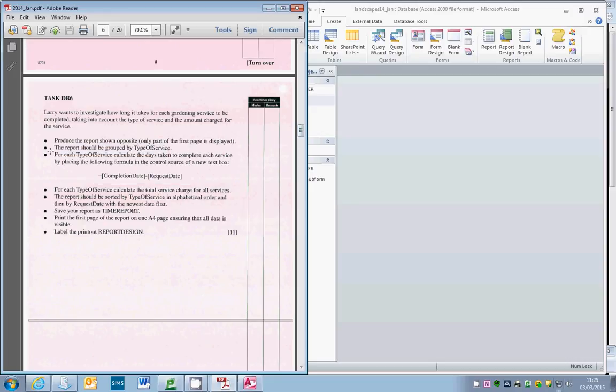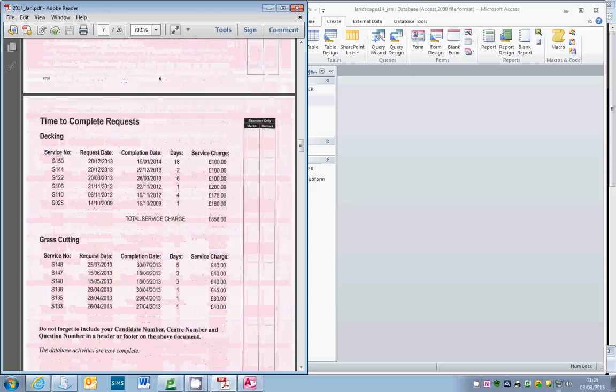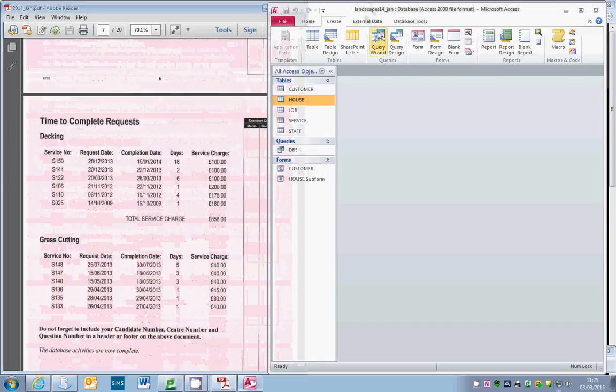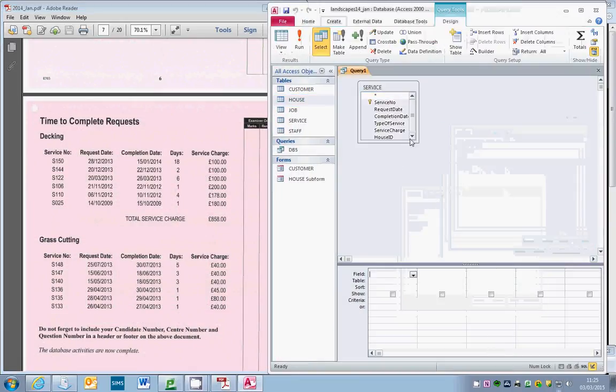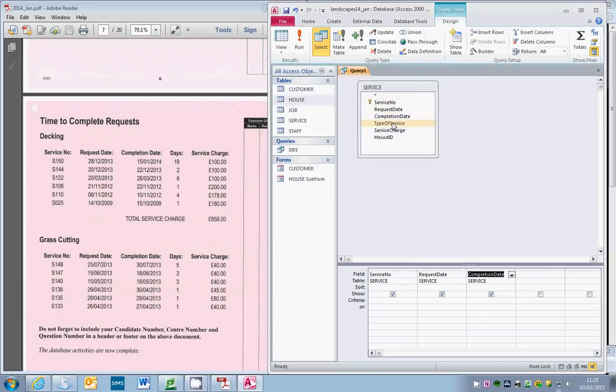and all the fields are coming from the service table. So I need service number, request date, completion date, type of service, which is the grouping level, and the service charge. Now you'll notice there's an extra column in here, days, and if we just go back up to here, that's what they're asking you to do a calculated field on. So this days isn't coming from anywhere. You'll generate that in the query or in the report, and I'm going to show you how to do it in the query initially. So if I just go to a new field, and we'll call this days,